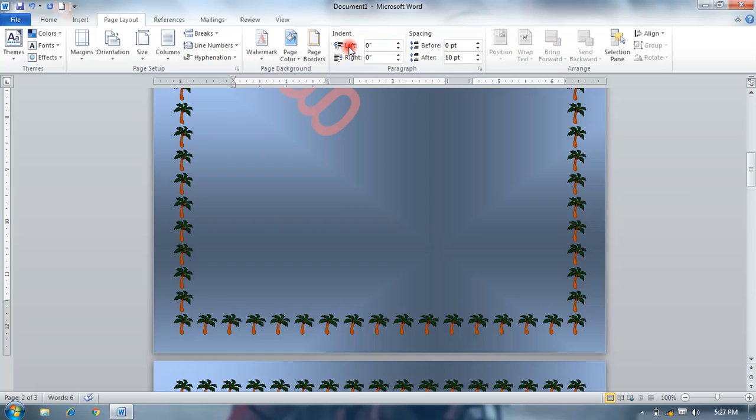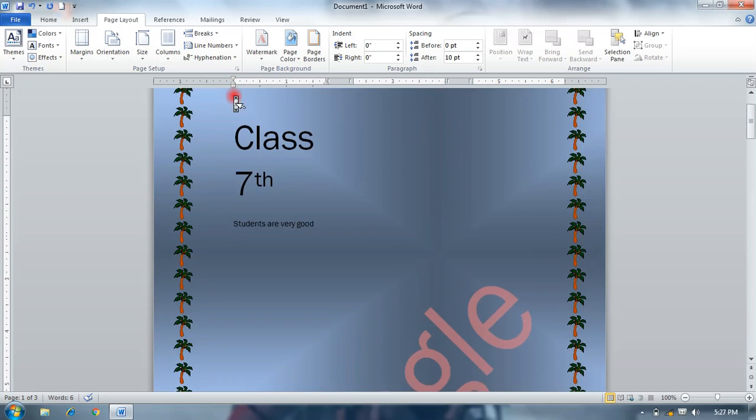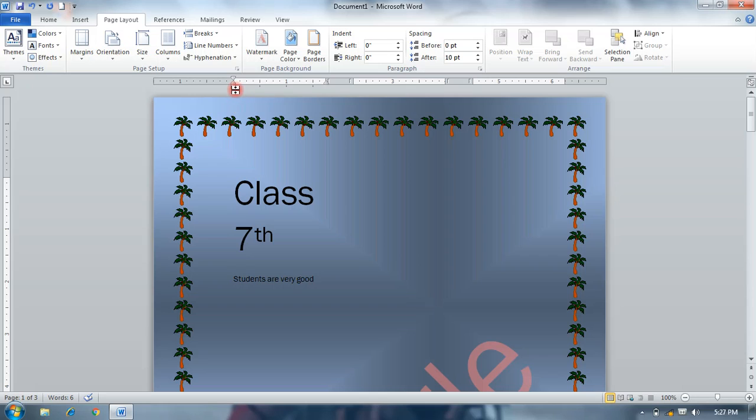Indentation, it decides the margin of your paragraph, and we can select from here, or we can also select from here.